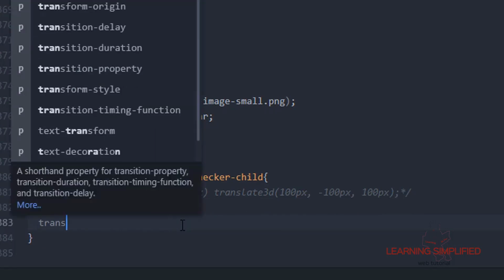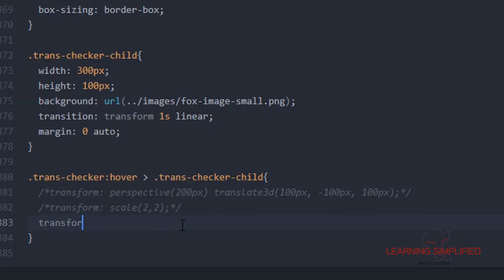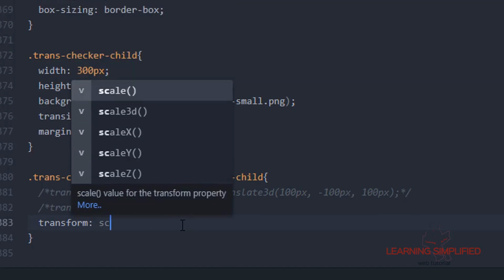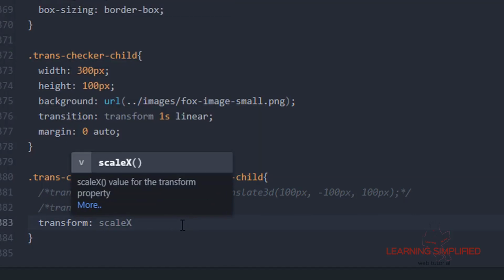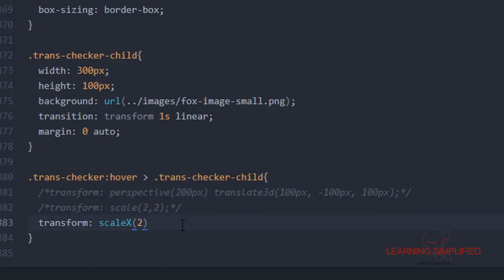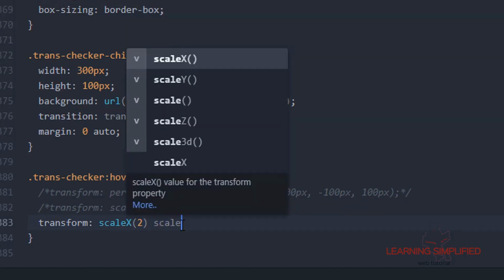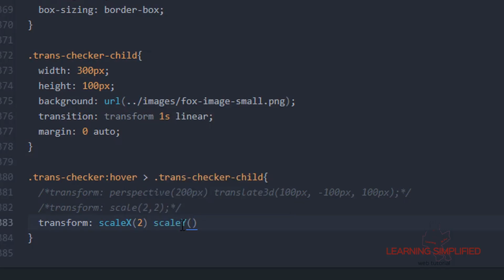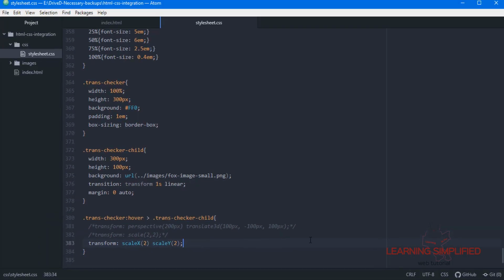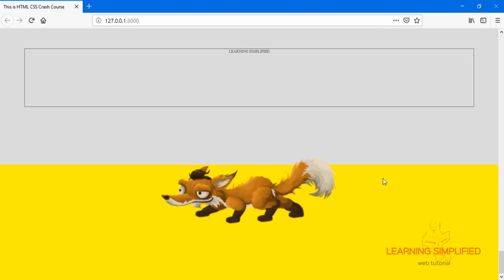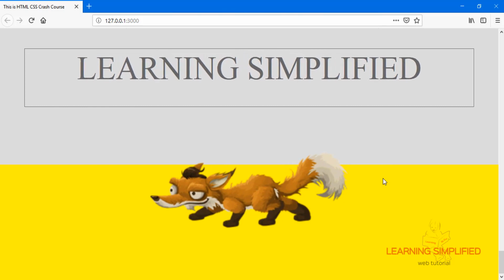So we may conclude that, if we comment this out and mention transform scale X with a value 2 and scale Y with a value 2, and get back, we will see the same thing happening.